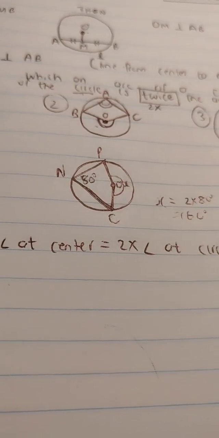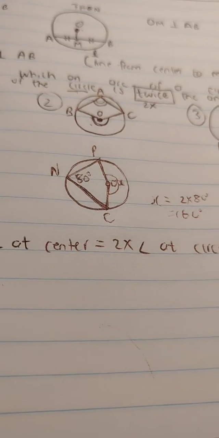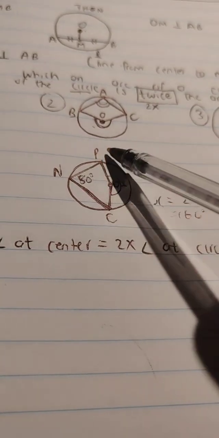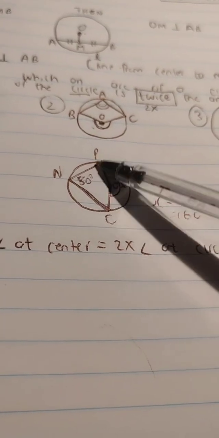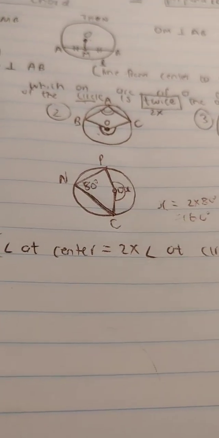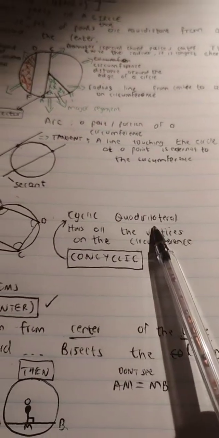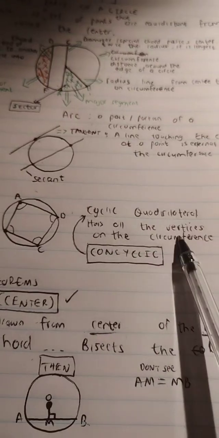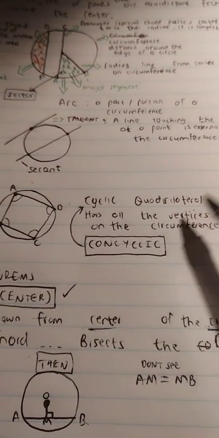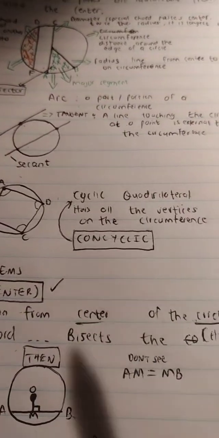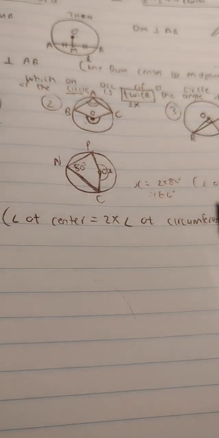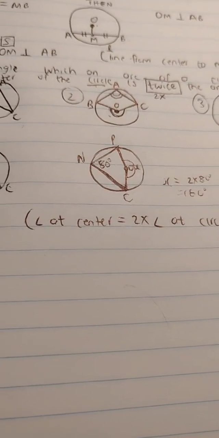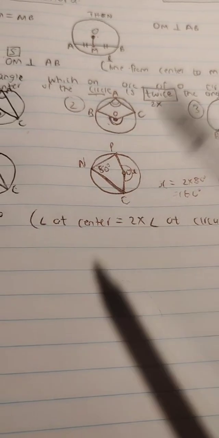Angle P and C, by the way, let me just say it from the get-go, are not opposite angles of a cyclic quad, because PNCO is not a cyclic quad. Why is P, N, C, and O not a cyclic quad? Because remember, a cyclic quad has all the vertices on the circumference. A quad means a 4-sided shape, so all the vertices of that quadrilateral need to be on the circumference of the circle. Here we are one shy. O is not at the circumference, therefore we cannot use the cyclic quad theorems to say anything